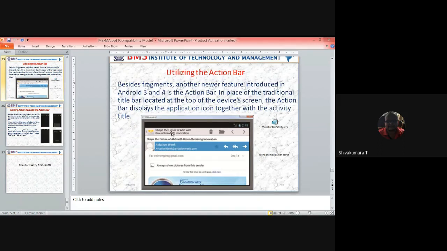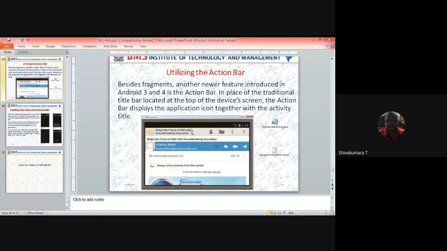Shape the future of E&D with groundbreaking innovation is the title of that email. This is the email application, and it is open. On the top, the icon tells you that you are using email. By looking at the icon, you are able to say that we are using the email application.